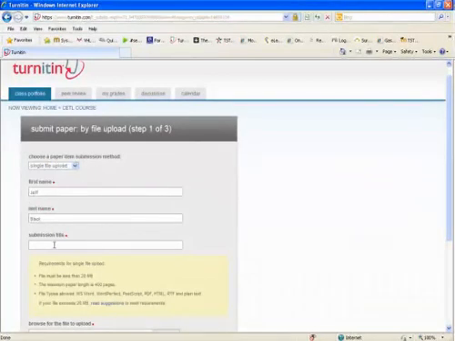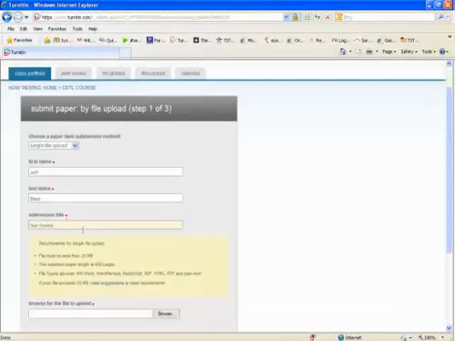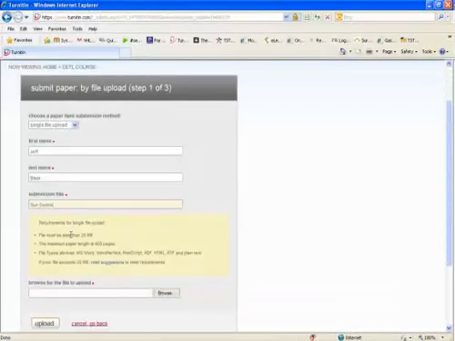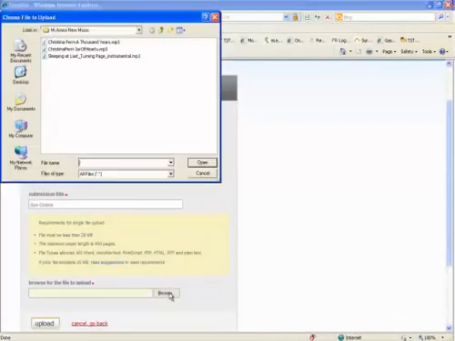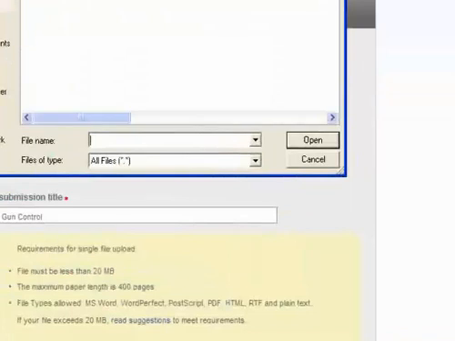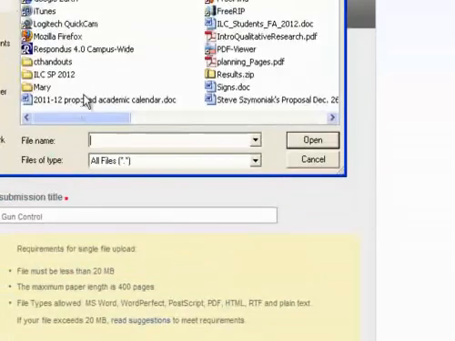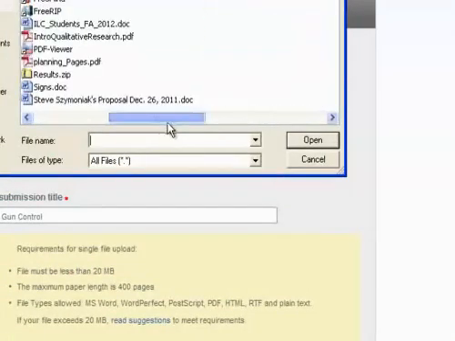As you see, I have my name down here, and the submission title will simply be the title of the paper, which was gun control. Now you'll see the requirements for a single file upload. You can use Microsoft Word, WordPerfect, PDF, RTF, and simply plain text. You'll notice the browse button down here, which I'm going to click, and I'm going to go ahead and find my file. I put it on the desktop,